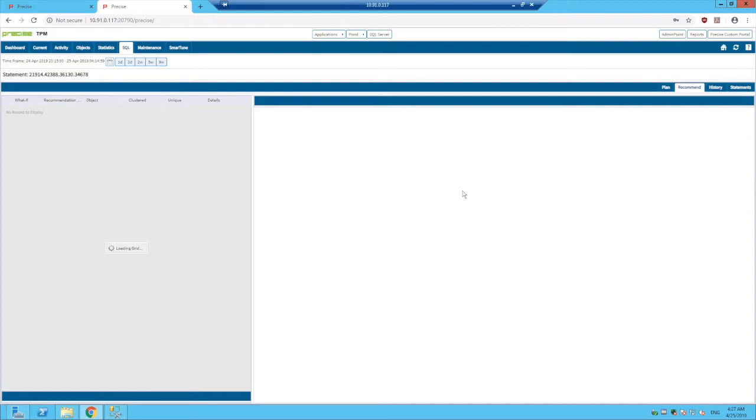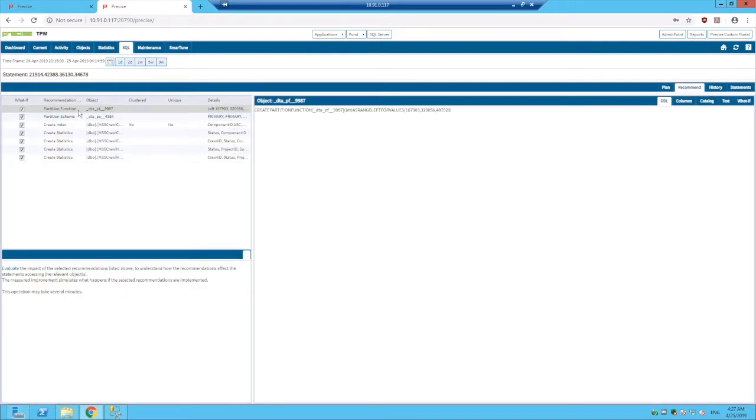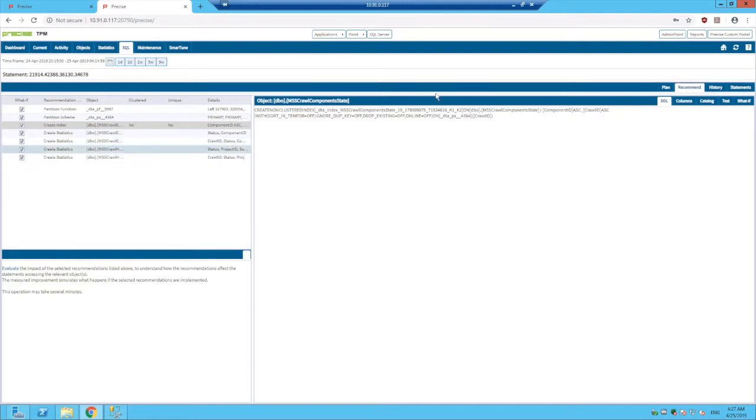And there we go. We've got the recommendations that have been identified. So we can see things like partition functions, partition scheme, create index, etc. Statistics is also identified there. And on the right-hand side, you notice as I click on one, it will actually show me the details of them. So if I click evaluate here now,